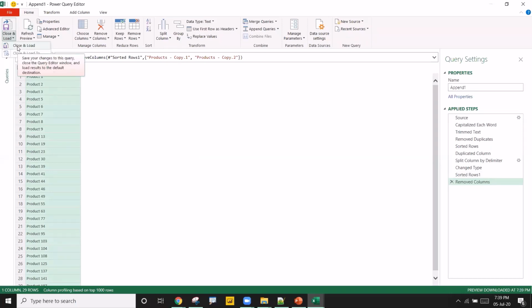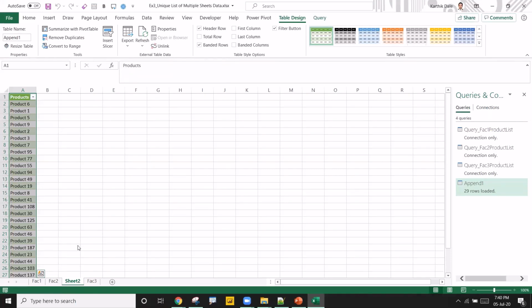This is the editing part we are doing, correct? So I'll click on this close and load. Now check out here in sheet 2, it has loaded the same data without any change. Only thing is the data is now sorted. Okay, so this data I can move it here. We call it a